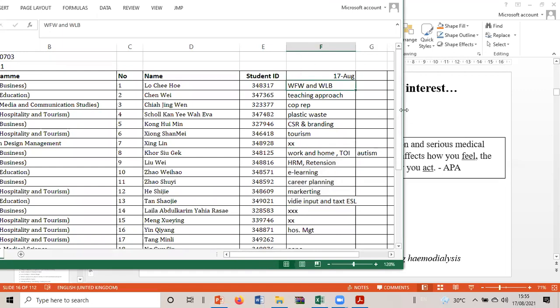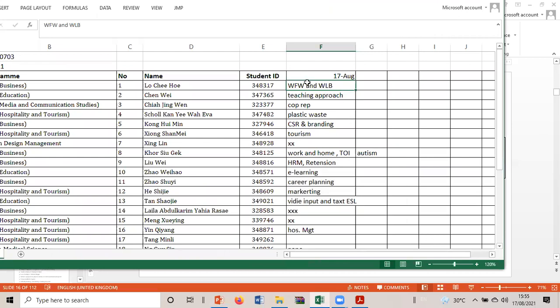Lo Chiho, what will be inside your circle? It will be work-life balance. So only work-life balance. How many words? 3 words, only just 1 word if I put it like that. Yes, correct. Okay, very simple. Work-life balance. That's important. Let's see another person.